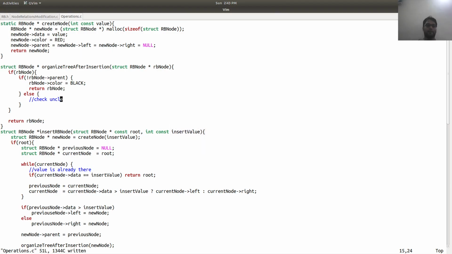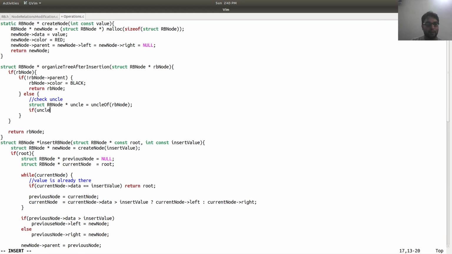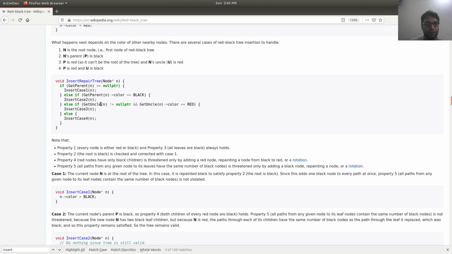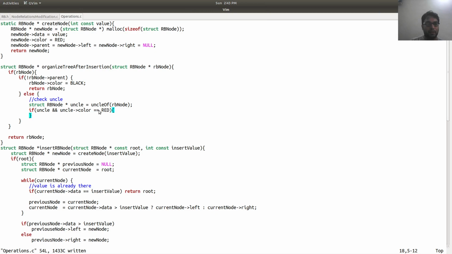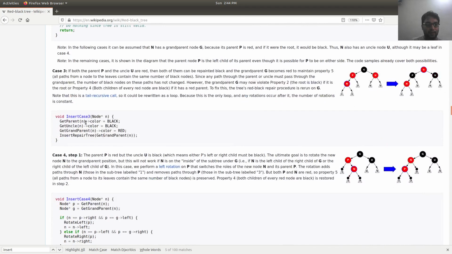So I will say struct uncle is equal to uncle of a node, if uncle and uncle color is equal to red. This is the case that we are looking at. Uncle is there and the color is red. Insert case 3, then